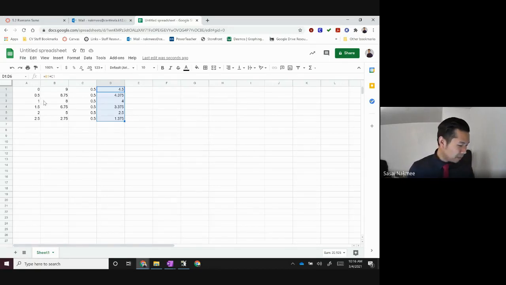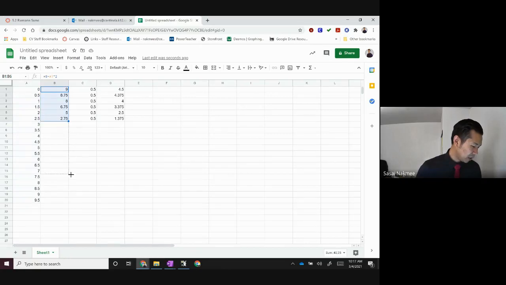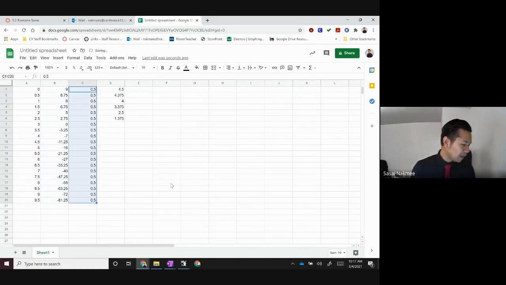It's kind of neat. Also, if you're doing it on Google Sheets, this is for 6 rectangles, right? If you want to go to 100, you could highlight this right here and then just have it drag down to, like, let's say I want to go to 20. Boom. See that? And then I can have it continue over here. You see that? And have it go over here and drag that all the way down like so. So you can just drag and you don't have to repeatedly type in numbers. So that's one cool thing about Sheets.